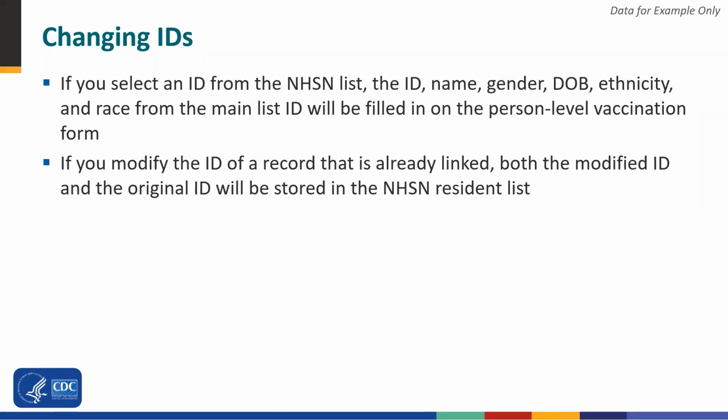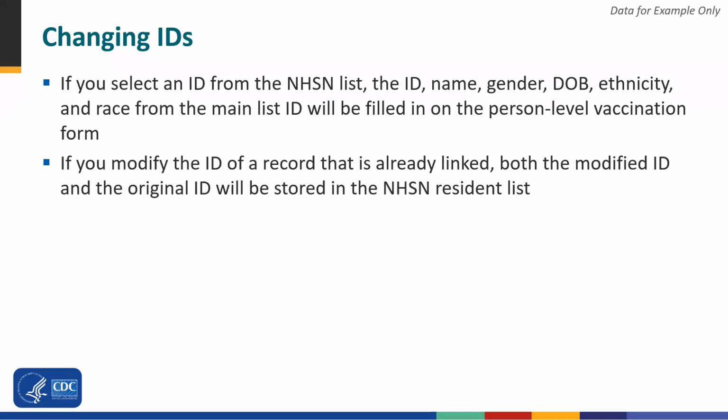Additionally, if we went over already that if you select an ID from the NHSN list, then all of that information from the main list is filled in on the person level vaccination form. So one thing to keep in mind, once you've linked to the existing NHSN list, if you later go back and change that ID of the person level COVID-19 vaccination record. So if you had an ID that was 1, 2, 3, 4, and you linked it to the NHSN list because it was a perfect match, and then later you change that to 1, 2, 3, 4, 5, both the